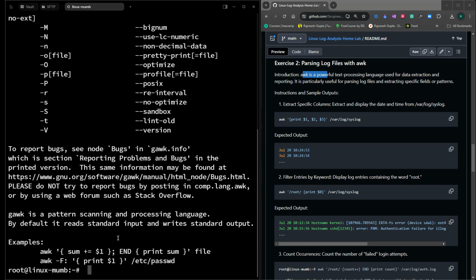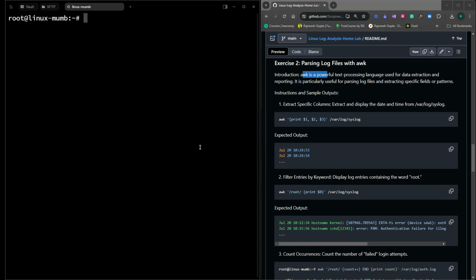Let's make it simple. Let's start with some simple activity. The first task that I've created is to extract a specific column. So let's say you want to extract a specific column, maybe one, two, three columns. So you can use this, and we want to extract the data from the system logs,